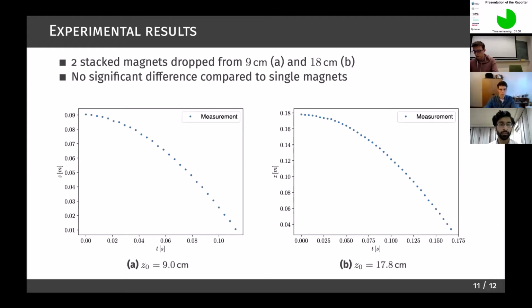We noticed that the magnetization rises slightly with 2 magnets stacked on top of each other, but not by twice. So the relation is not that simple to find when stacking magnets. So again, you can see that no significant difference was observed compared to